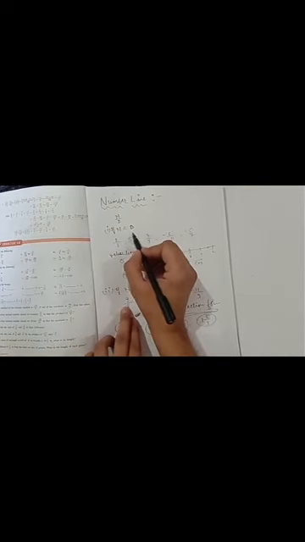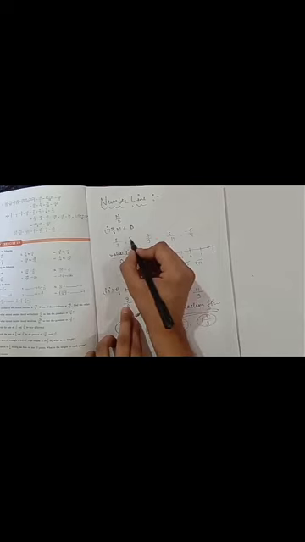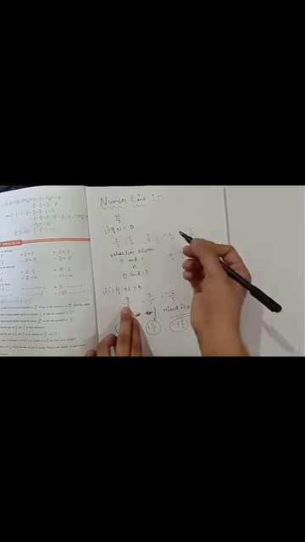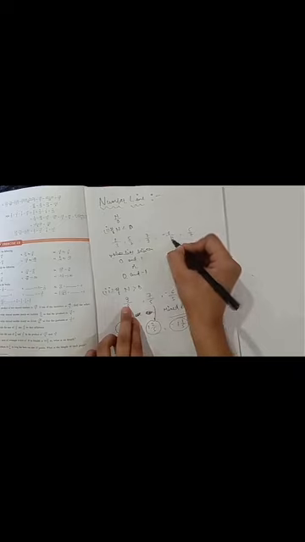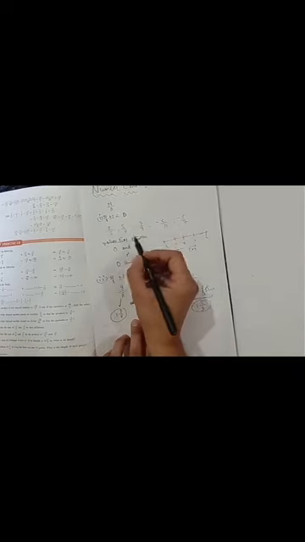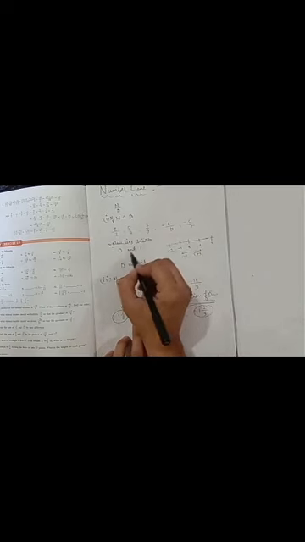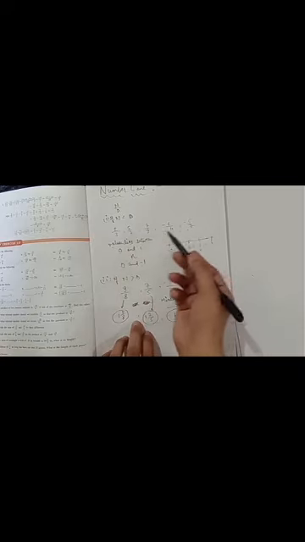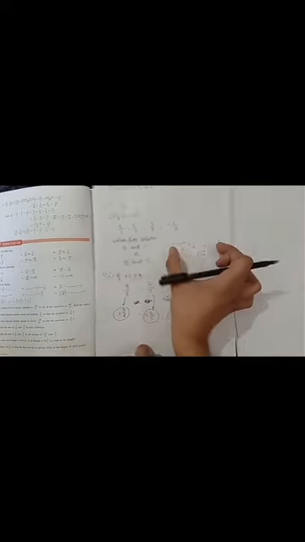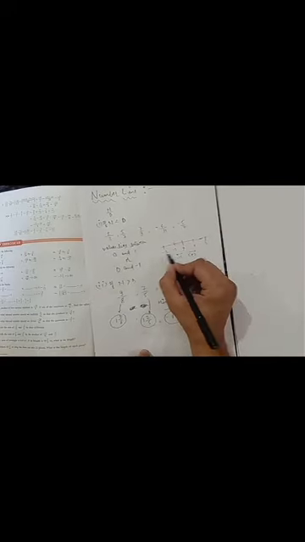So students, our next concept is the number line. If we want to represent any rational number on the number line, how will we represent it? Here we have two concepts. First, if the numerator is smaller than the denominator, like 2 upon 3, 5 upon 7, 7 upon 9, or in minus form, minus 6 upon 11, then if the rational number is positive, the value lies between 0 and 1, and if it is in minus form, the value lies between 0 and minus 1. This is your number line: 0, 1, minus 1, minus 2 and 2.